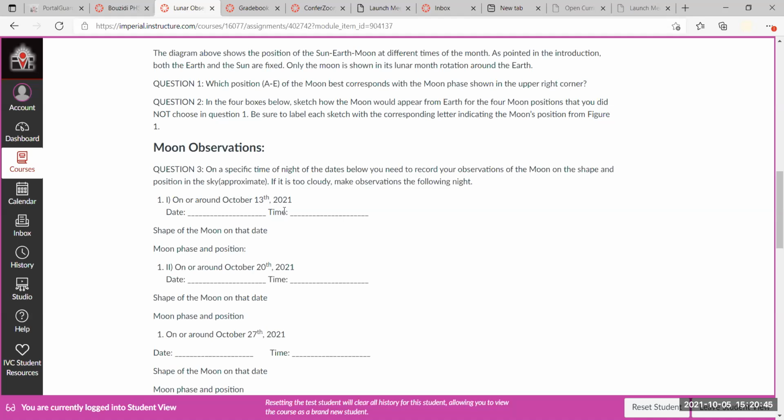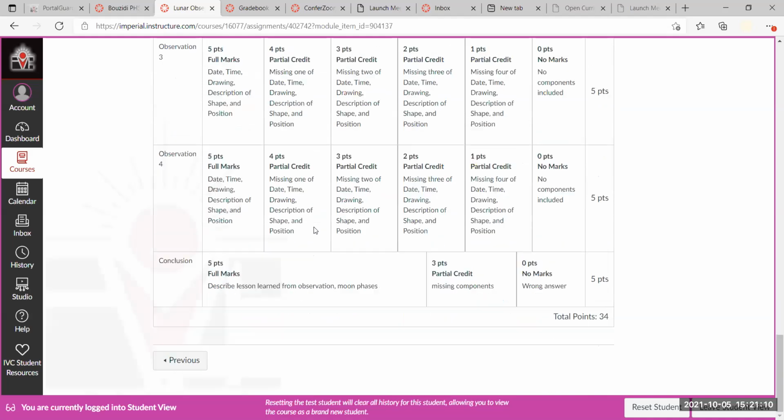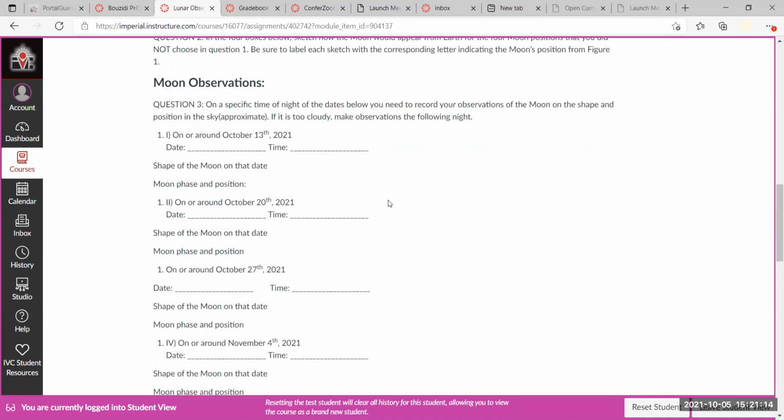So in other words, the 13th is written in stone. Very rarely that you could really do the 12th or the 14th, okay? Stick to those dates. This project is mandatory, it's not an option. You have to go outside and look at the moon and report its position, shape, and draw the shapes and all of that. Okay. To help you with, again, there is a rubric in here to help you, and rubric is very important always, okay? To help you with the,